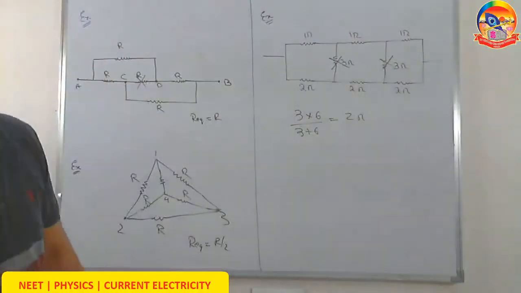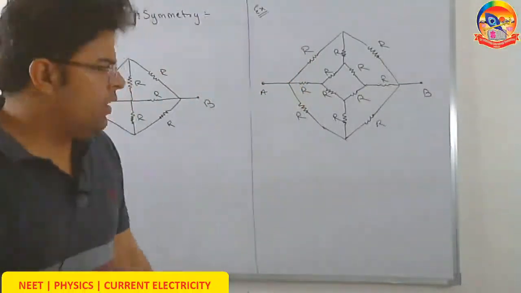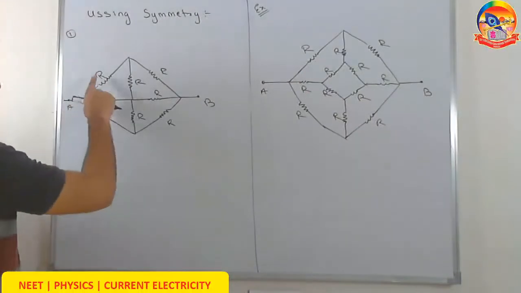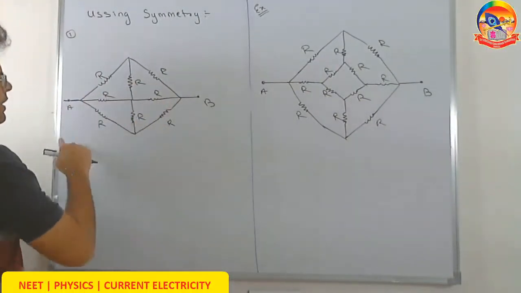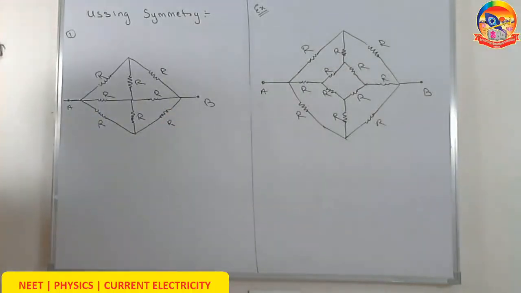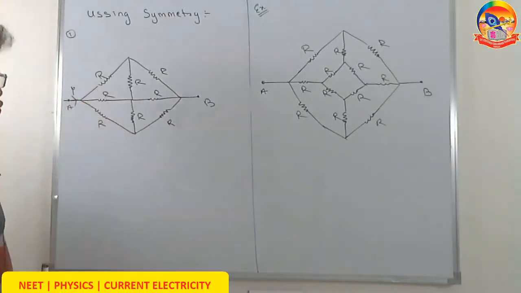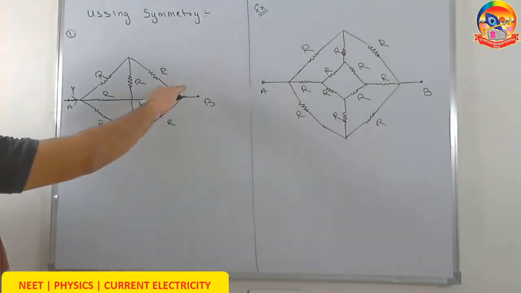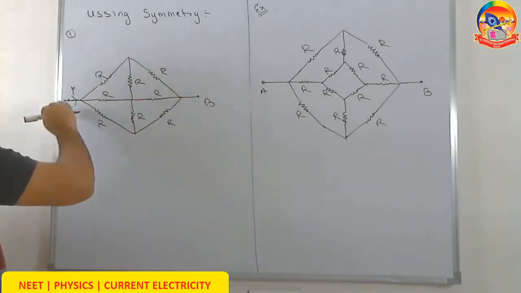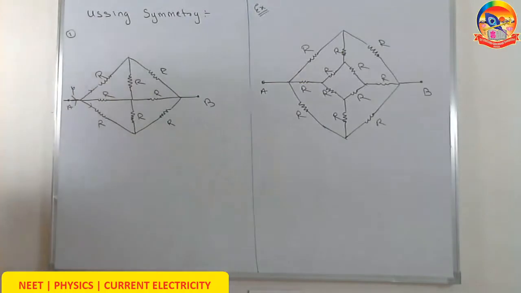So let's solve two questions to find the R equivalent using symmetry. First case this. So there are 1, 2, 3, 4, 5, 6, 7, 8 resistors. We need to find the equivalent resistance between A and B. Now see, once the current comes here, it has got three pathways: the central, the upper line and the lower line. Because of symmetry, above and below the line AB, we know that whatever current goes in the upper line, the same current will go in the lower line.